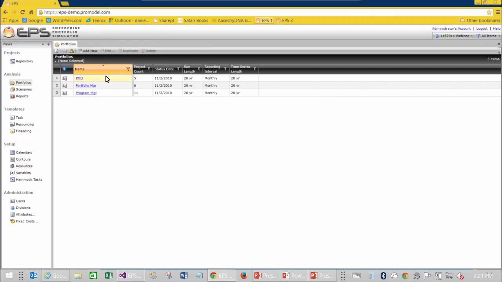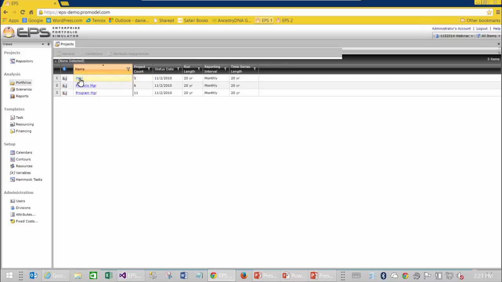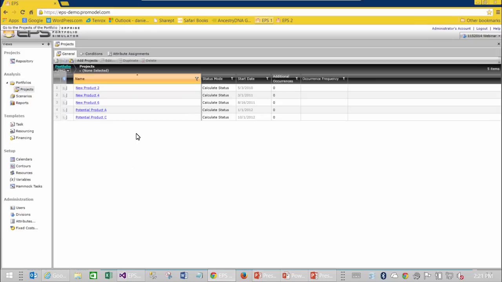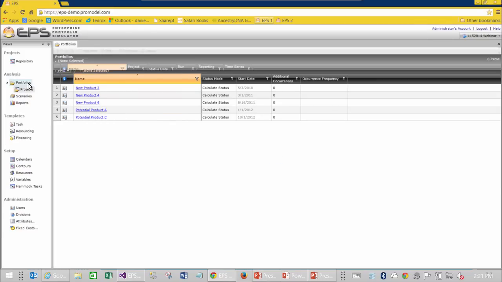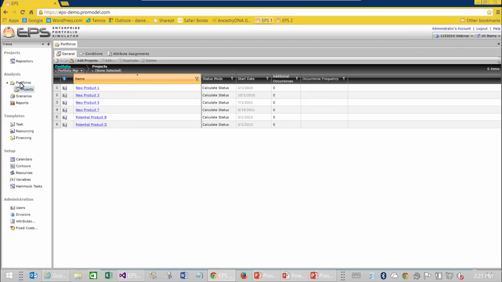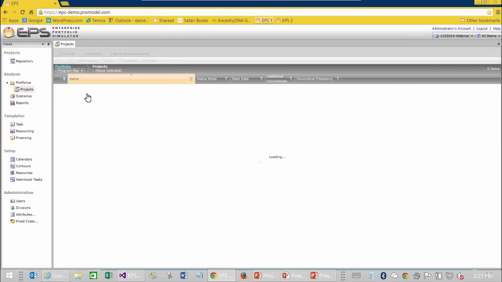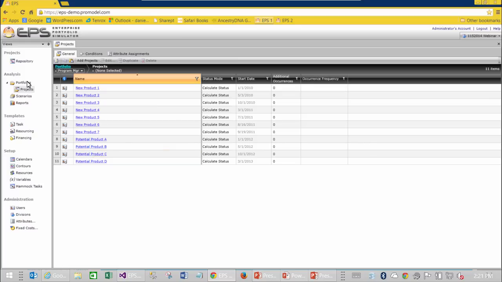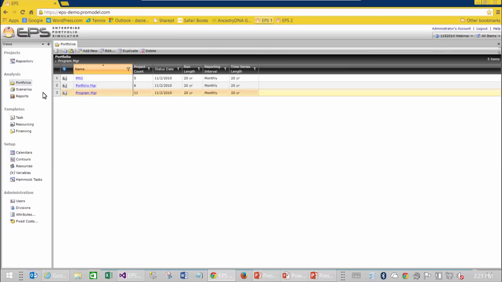So the PMO, his idea was 5 projects. If I drill in on that, you can see out of my repository, they've added 5. And the portfolio manager added, I think, 6. And the program manager, he chose to do all 11. And I'm purposely keeping this very, very simple. If I drill into the, all right, so why would